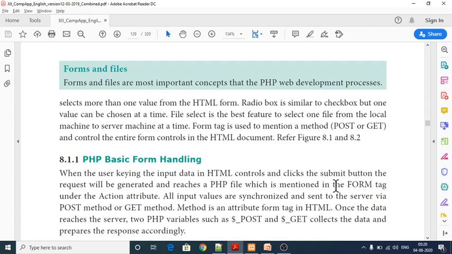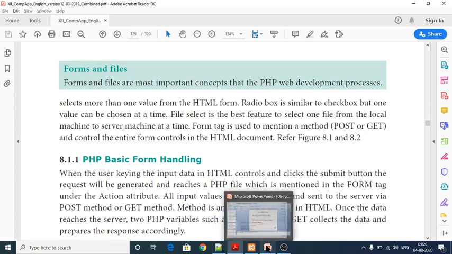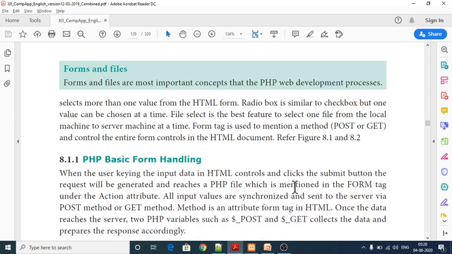PHP form handling. So to handle the forms, two methods are there. One is post method, another one is get method. First of all, when the user keys the input data in HTML controls and clicks the submit button, a request will be generated and reaches the PHP file.